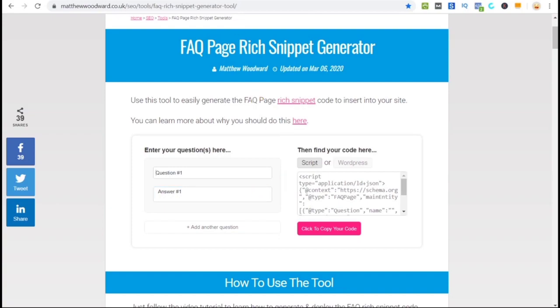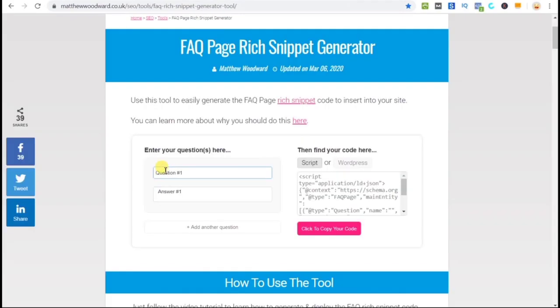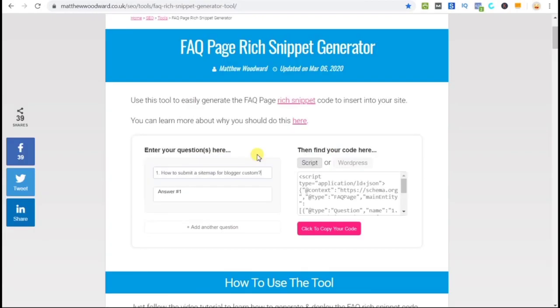So first, copy the question and add it here. Now copy the answer and add it here. You can add as many questions as you have, but I will recommend you to add at least 5 questions and don't go beyond that.